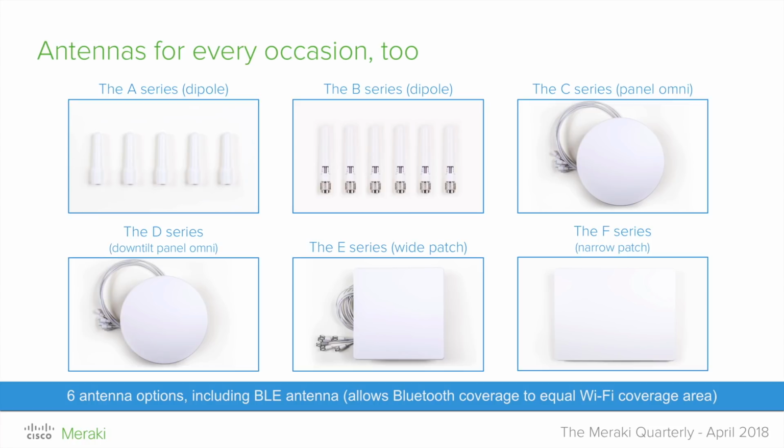The first is that we do have slots for scanning radio antennas. So your coverage area for your security scanning and your auto RF will basically equal the coverage of your wireless for these new APs. And the other thing is that most of these antennas are what we call smart antennas. So what's amazing is that the access point, the MR53E and the MR42E, can actually auto-detect the antenna and get it configured automatically. So you save a lot of time and hassle there.